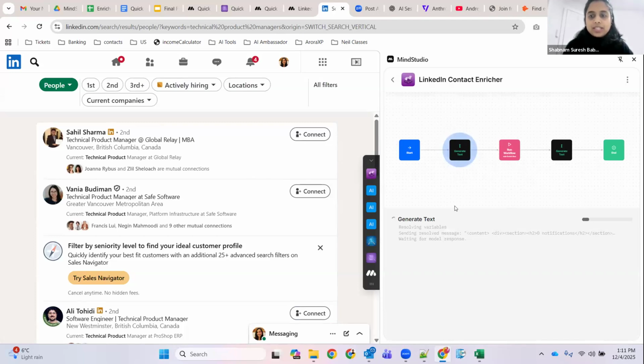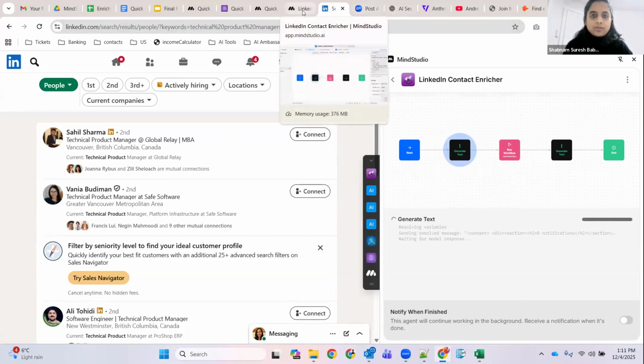First it's going to generate the text. It is going to run a workflow. Run workflow means it's going to call a sub-workflow, which goes in for each person and finds the email. Then it updates a Google Sheet, the one which I showed earlier, and then it generates a summary for me. While this is happening, we will see the result in a while, but let's look at what the agent does.